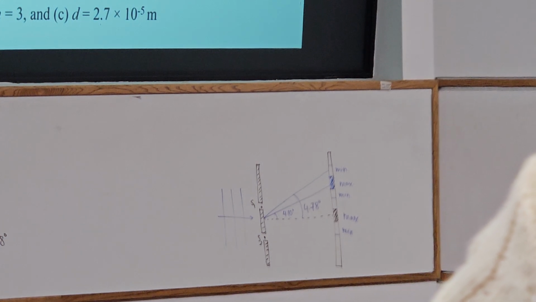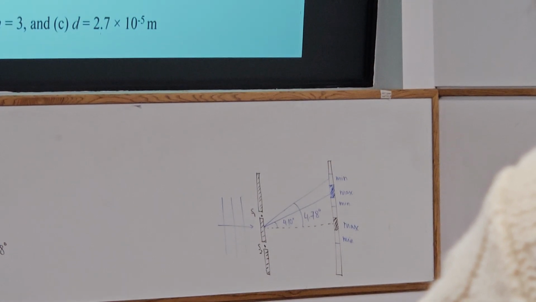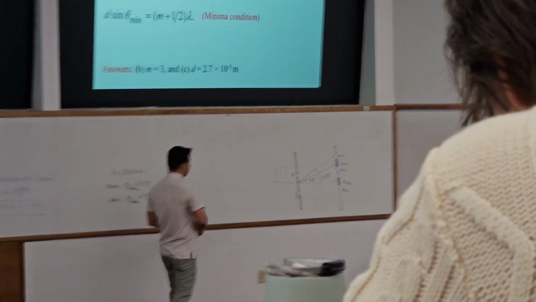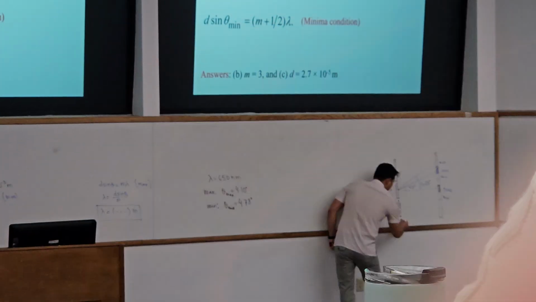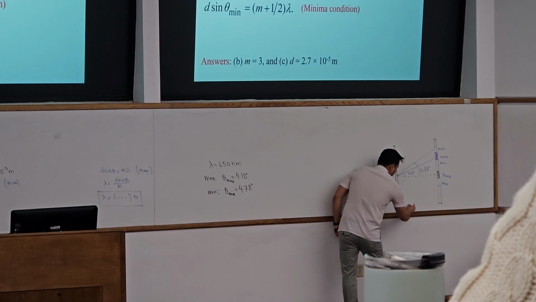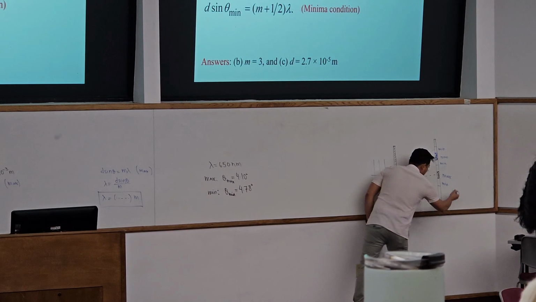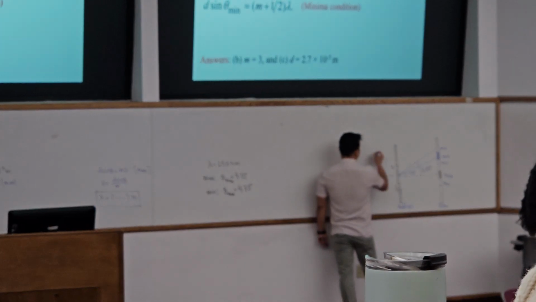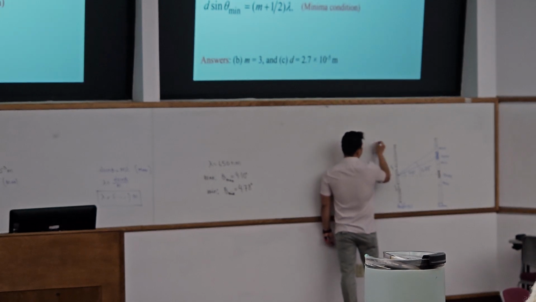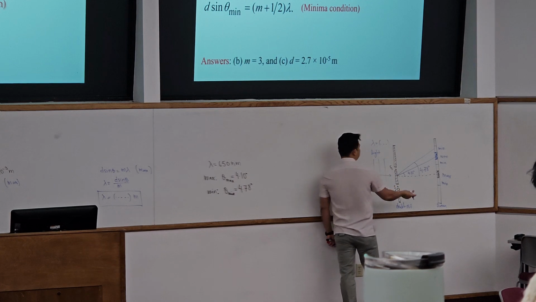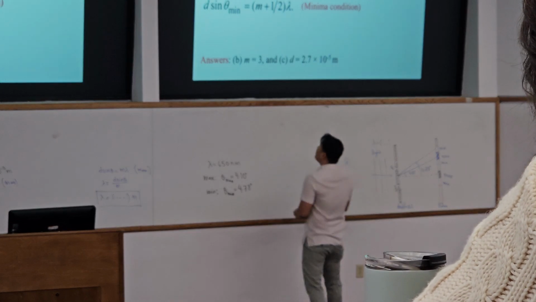You need to draw a diagram. It's already drawn. You can call this the maxima, minima. You have already angles drawn. It's a double slit. It's a double slit. Just remember: double slit, and the screen, and this is the light, and whatever light, and just have a lambda. You have to just plug it over here. That is part A, and then part B and C.